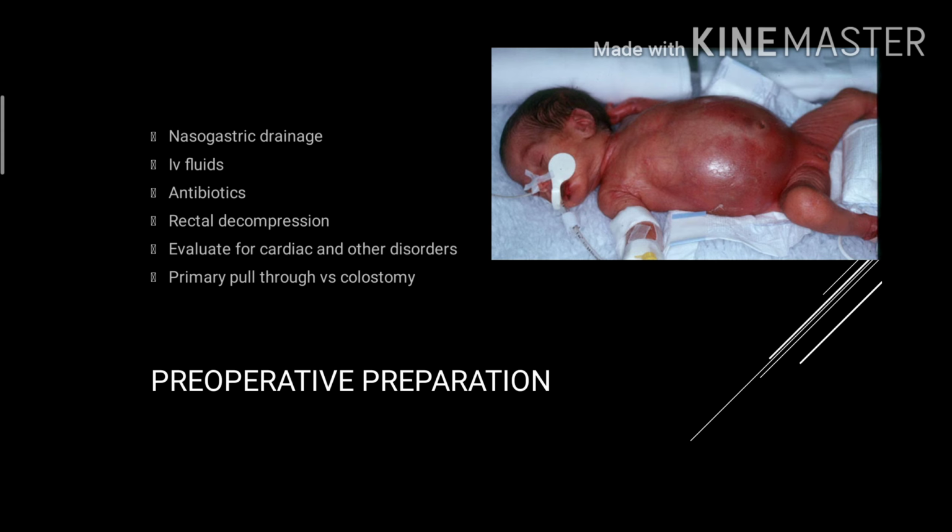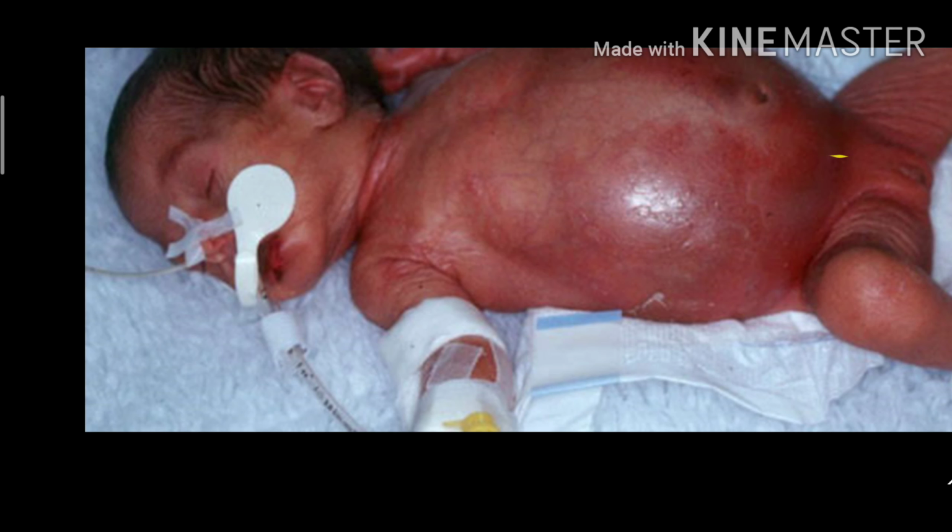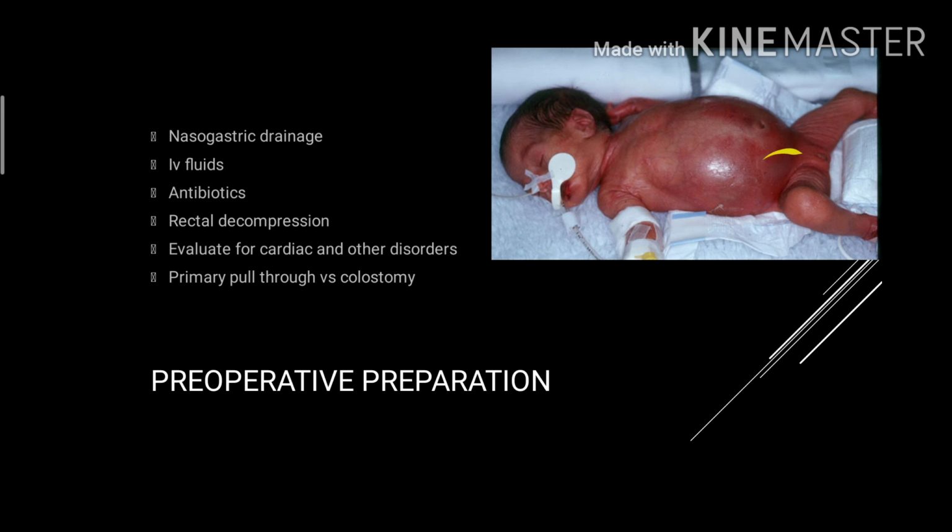We can bring the bowel which is normally ganglionic, where there is normal ganglion, towards the anal canal. Suppose the transition zone is here. It is a long segment. We can bring this bowel to the anal canal. That is the one method called primary pull through, which we are not practicing, so I am not going to discuss it further. What we are doing is we'll do a colostomy first, make sure that the bowel is working well, and then we'll go for a pull through procedure.